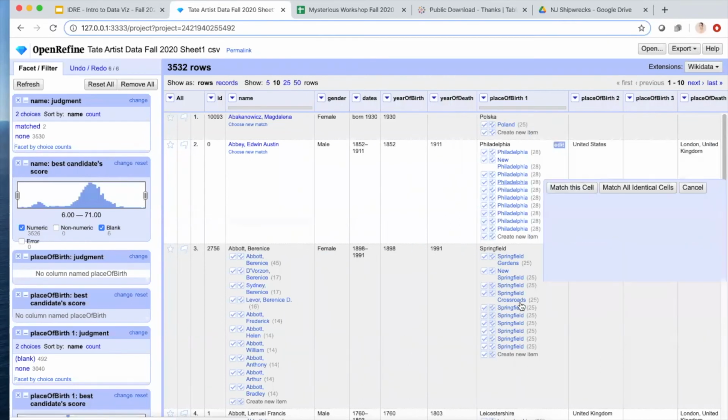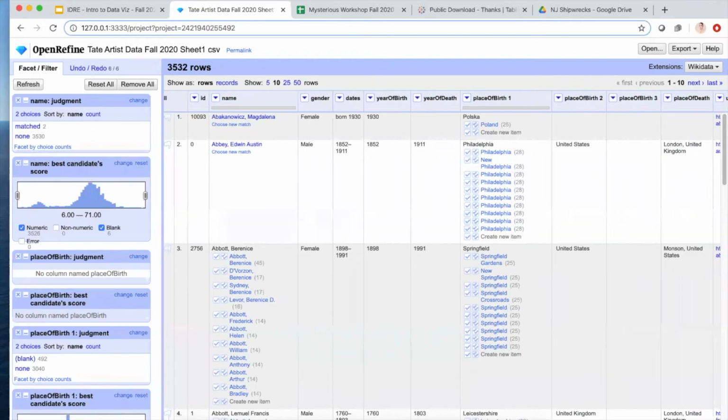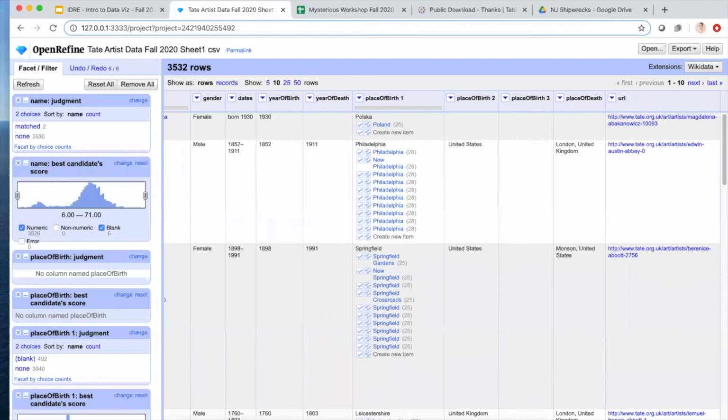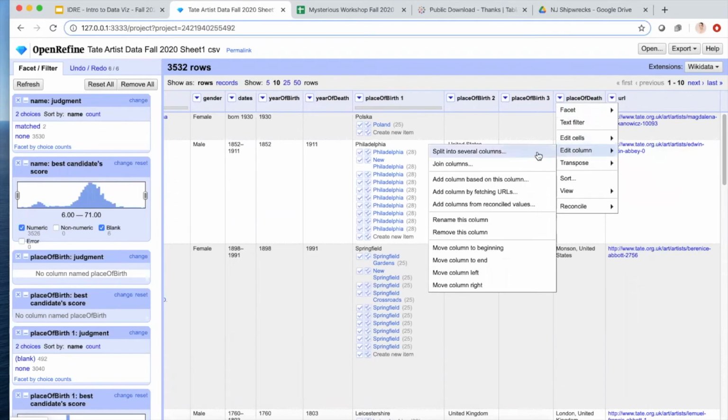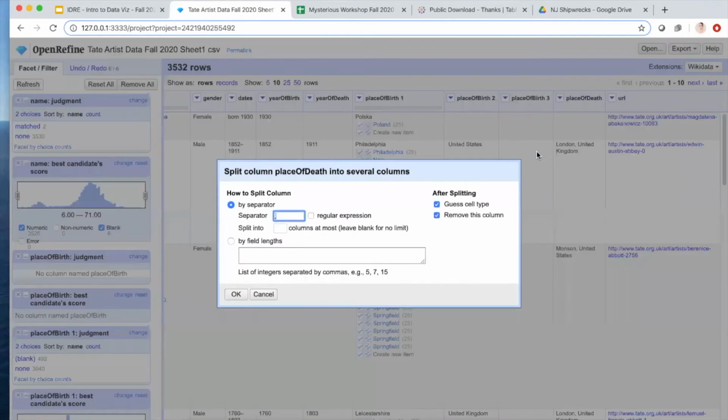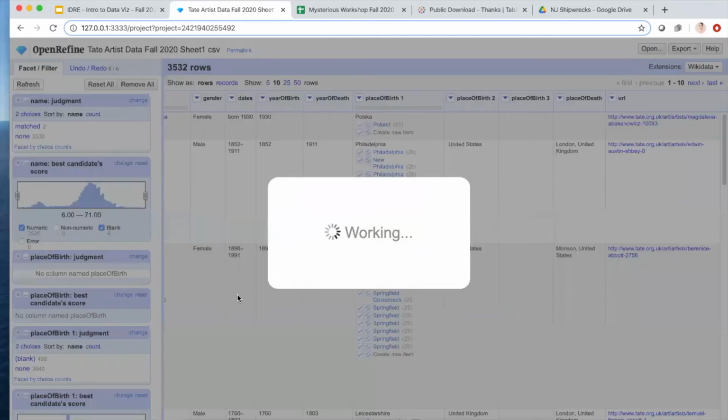So I had already separated these things here, but let's move to place of death, and I can show you again how to do that. So if you go to place of death, you can click to edit column and split into several columns. And we want to use a comma, right? That's how they're separating the difference between country and, I think in most cases, cities. So we'll say okay, and then